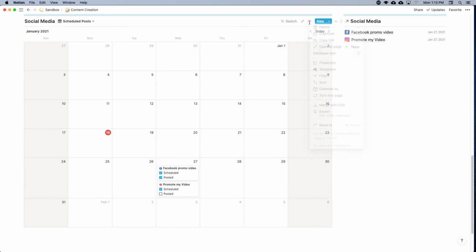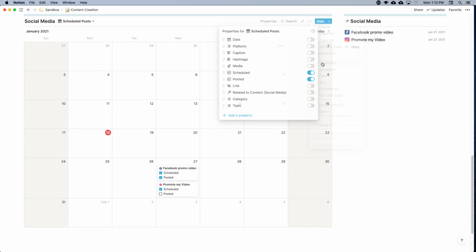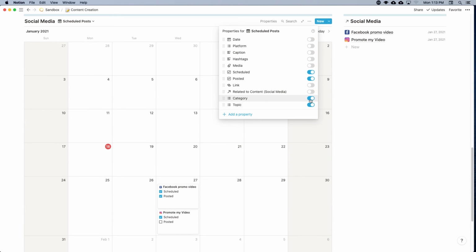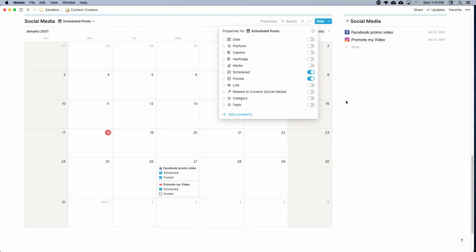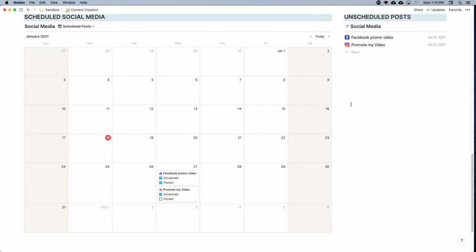Another thing that you could do is maybe see the categories. Perhaps you are trying to keep track of how many things you categorize or the topics that you share. All of those could start to show up on your calendar. So you can customize the properties and what shows up here. So this is an example,